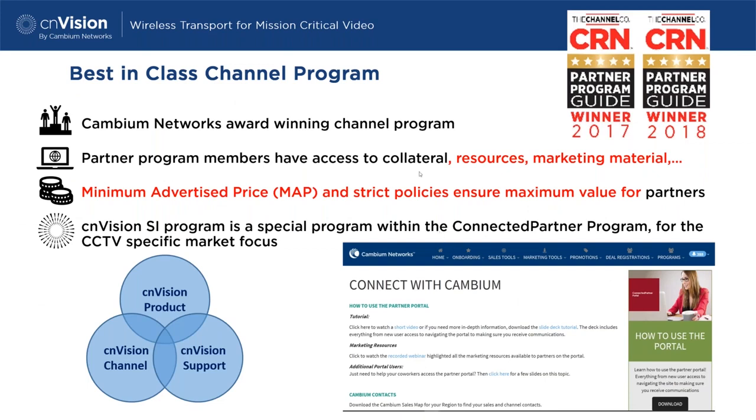The channel. This is a very, very important aspect to the whole cnVision offering. Product is just one thing. If you're a system integrator, you're representing camera brands or playing with other products, how a vendor treats its partners is very important. So our channel partner program, which you can log into once you become a cnVision system integrator,